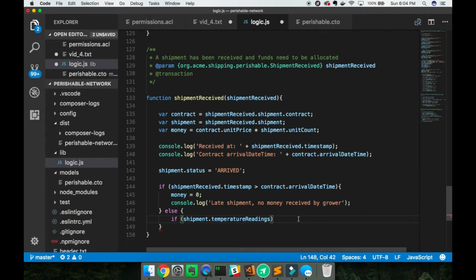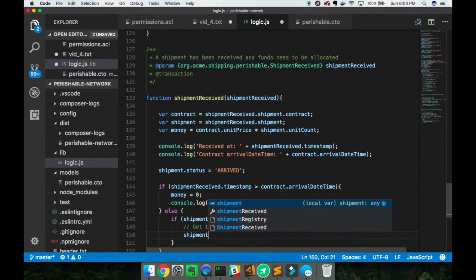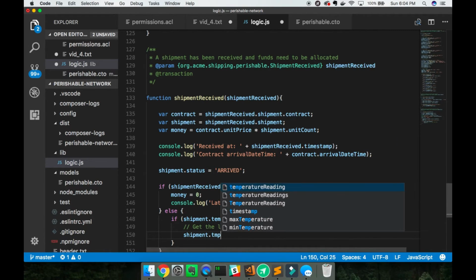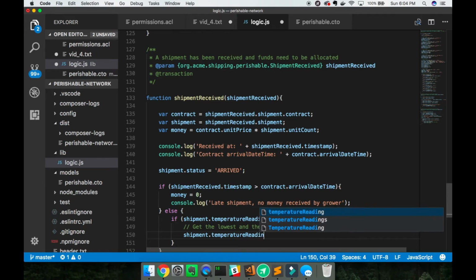So if there is at least one in the array, what we need to do is actually get the lowest and the highest temp reading. And the way we do that is just with some built-in JavaScript functionality. So we'll say shipment dot temperature readings